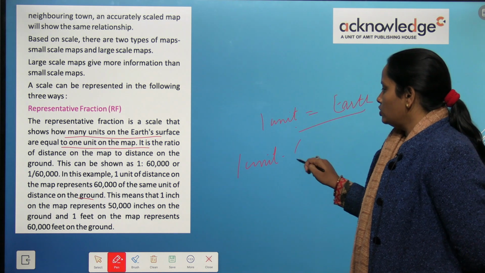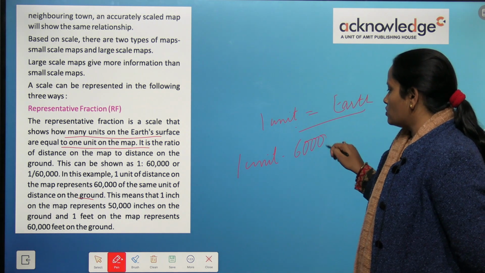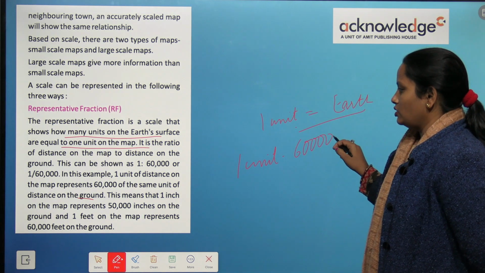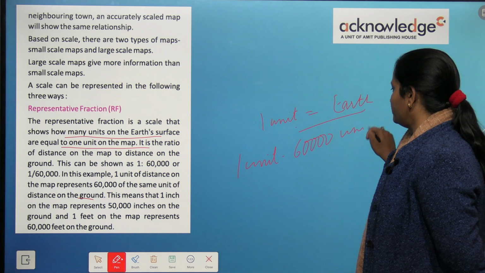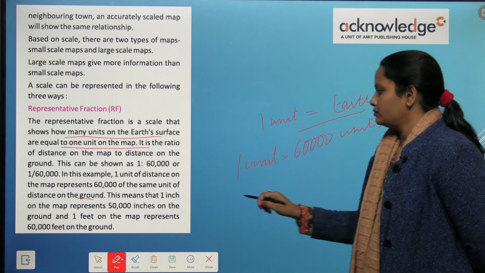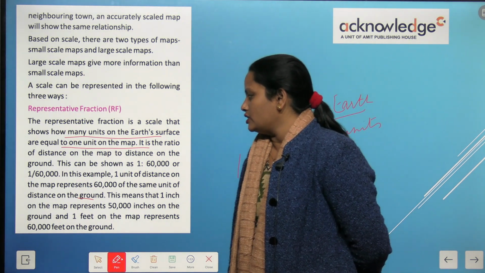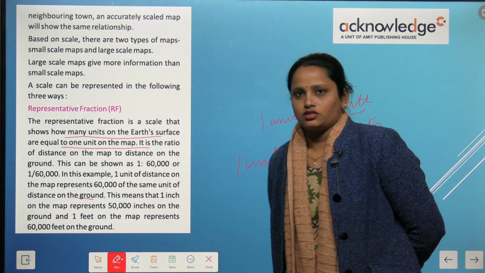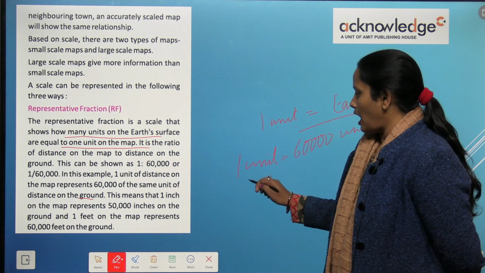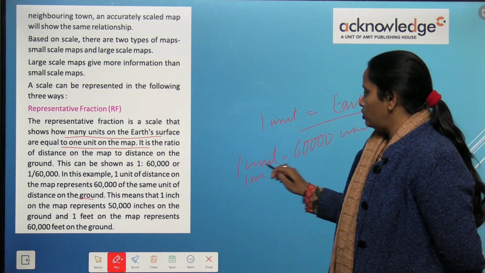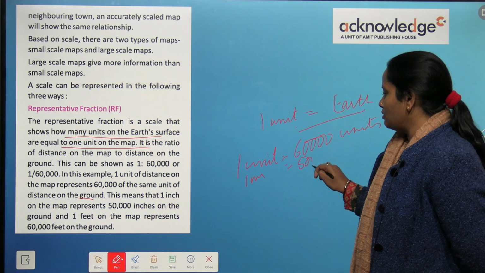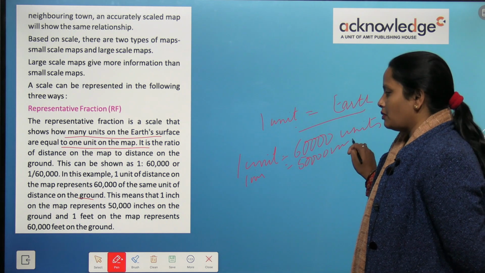हो रहा है तो अर्थ पे 60,000 यूनिट्स शो होगा, and both will be equal. This means that 1 inch on the map represents 50,000 inches. इसका ये मतलब है कि अगर मैप में 1 इंच है तो एक्चुअली में 50,000 इंच की बात हो रही